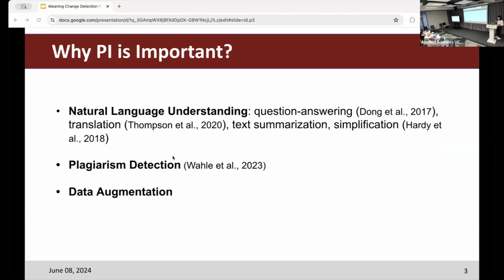Paraphrase identification task is important due to its intrinsic presence in many other NLP tasks. For example, it is crucial for question answering, translation, text summarization, and simplification, because all these tasks involve comparing the meaning of input and output values. Also, paraphrase identification can be useful in